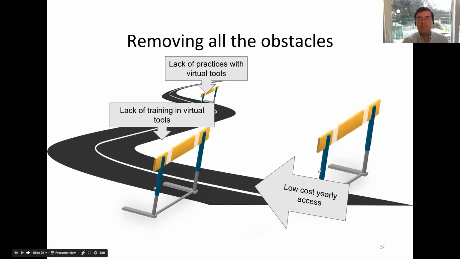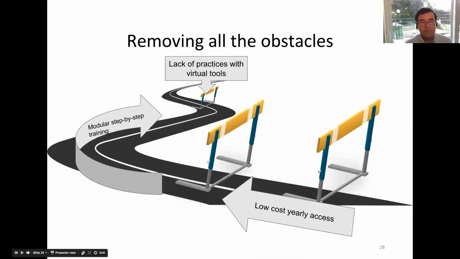So basically, the first barrier is the costs and the access to the tool. So as you finalize this workshop, you will all be able to experience GroupMap free of charge for 30 days. And then if you decide to join, the yearly access is really, really affordable. So it's not an expensive tool. Then, of course, there's the training part.